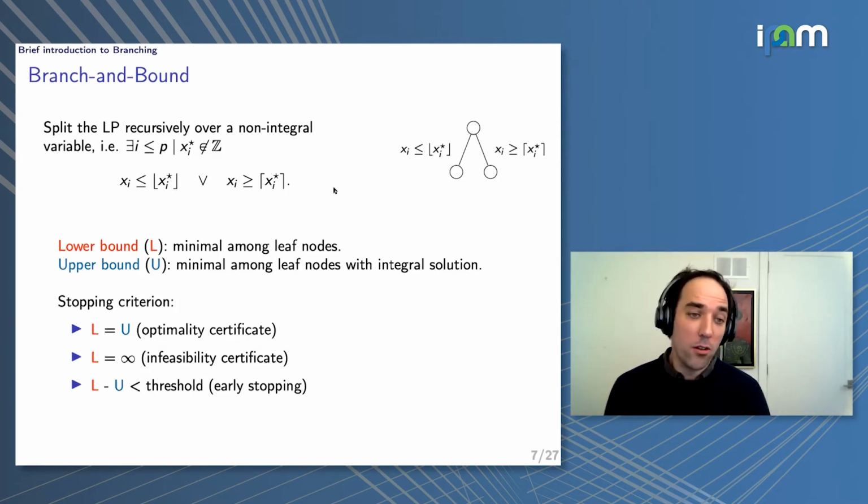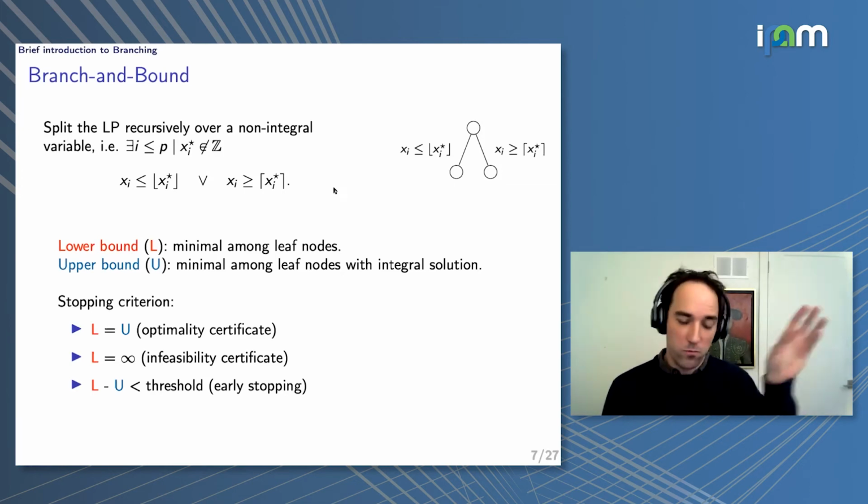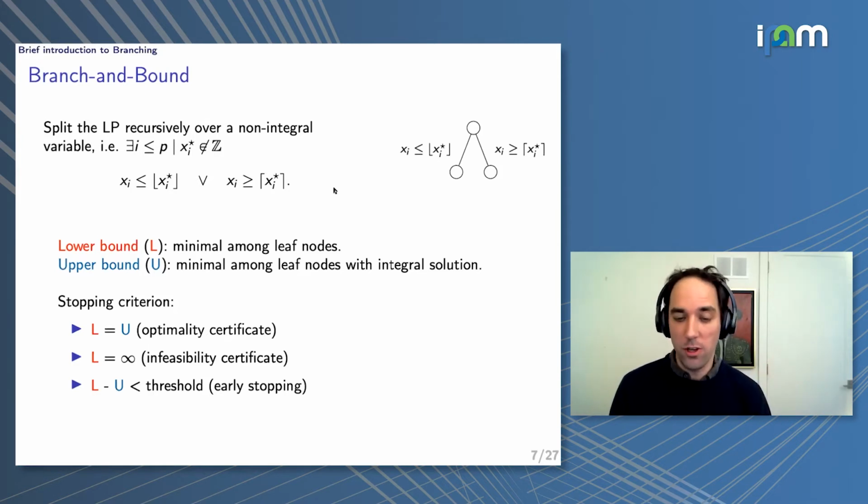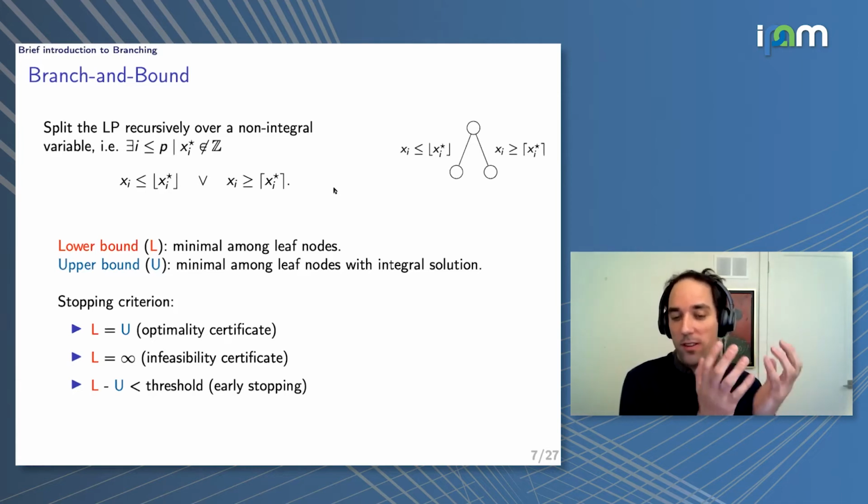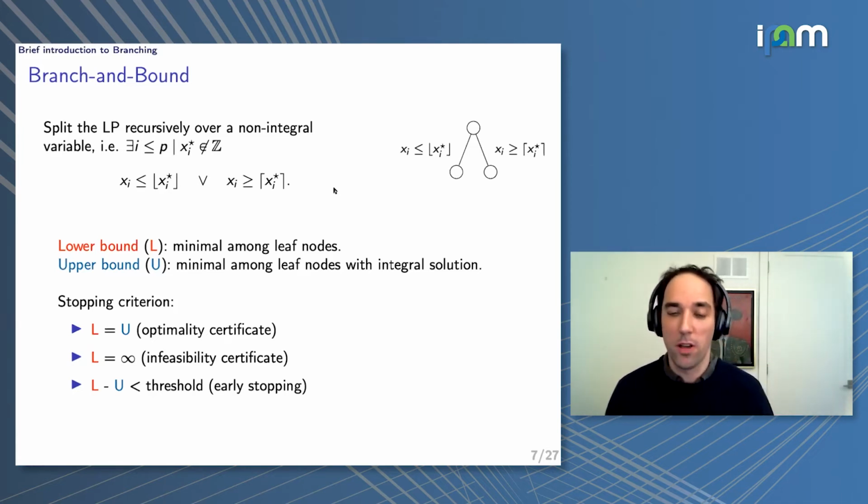It turns out you can also get an upper bound, right? So whenever you solve an LP, wherever you are in the tree, and it returns an integral solution, then you know that you've actually found an upper bound to your original problem. And it's an upper bound because it's integral, right? But because you've added constraints, the search space is actually smaller. So in general, it'll be an upper bound to your initial problem.